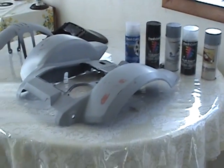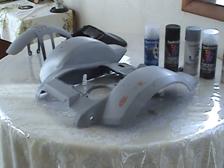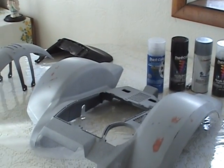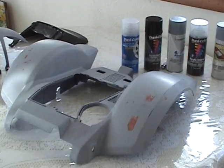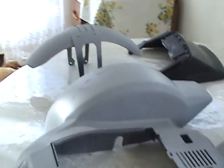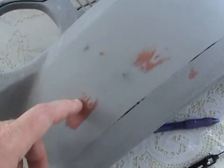Now we're gonna get more refined into painting, what the professional looks at. And remember, you need to practice, and no one's going to do this perfect the first time. Now what I've done here on these large panels, as we discussed before,